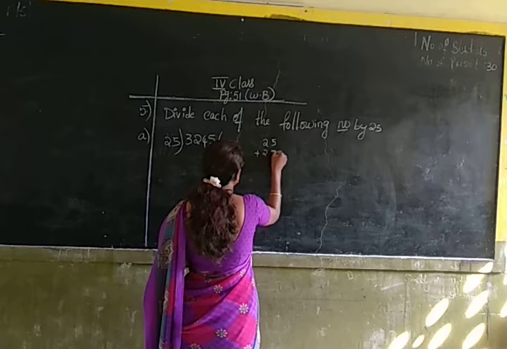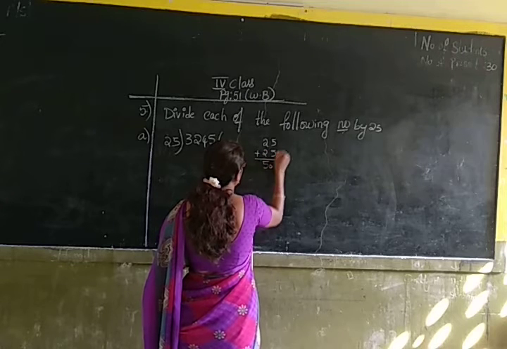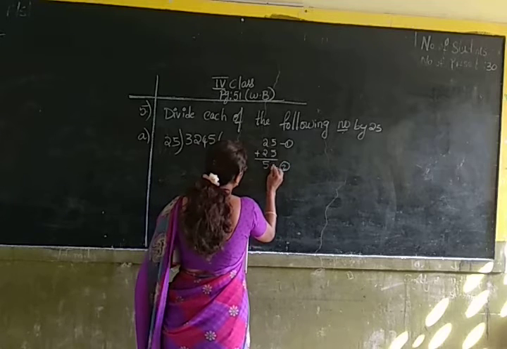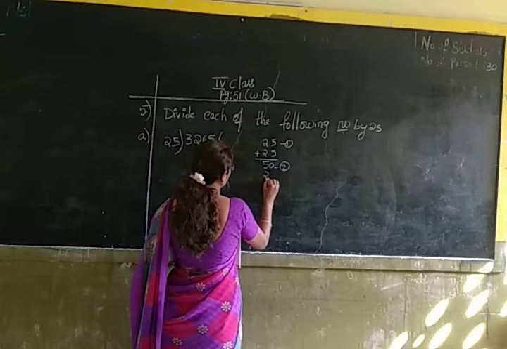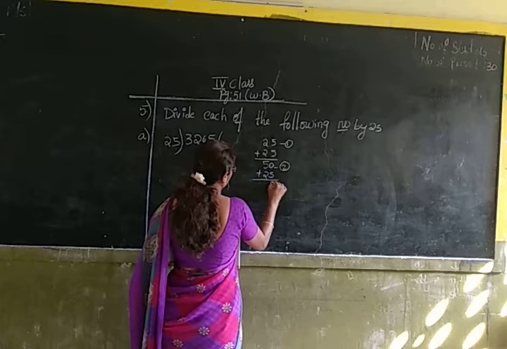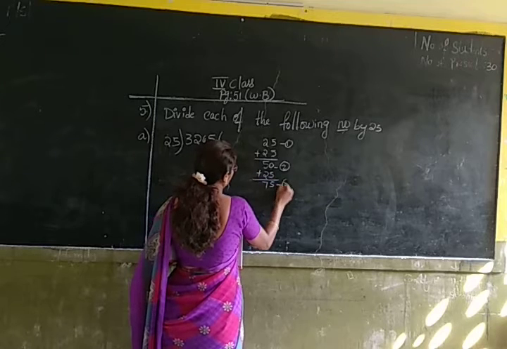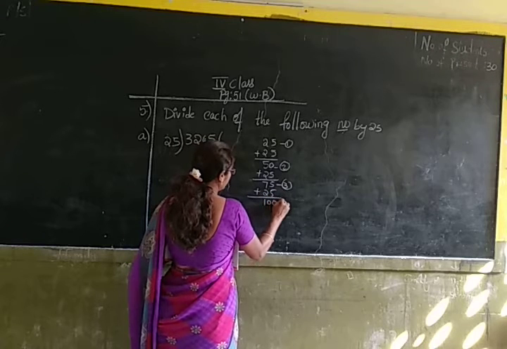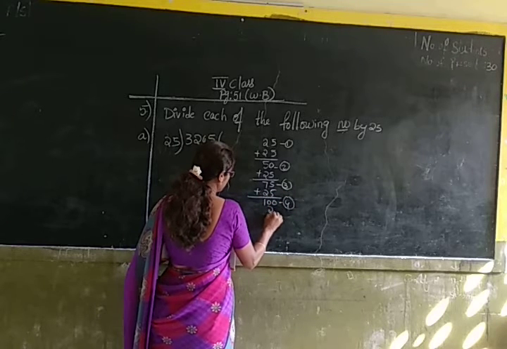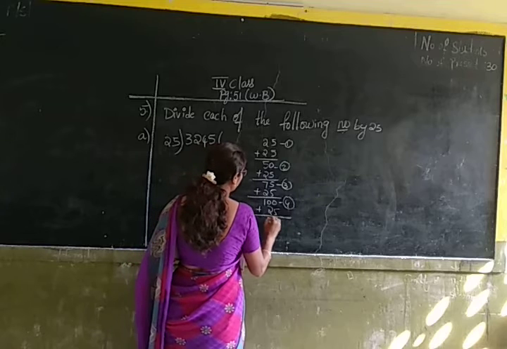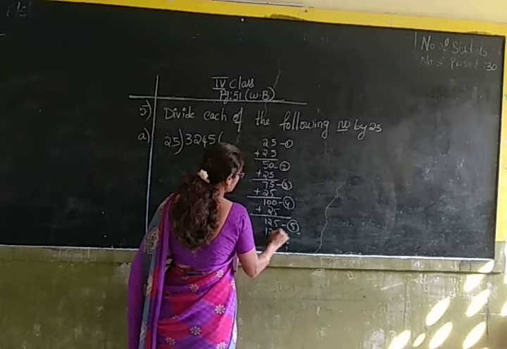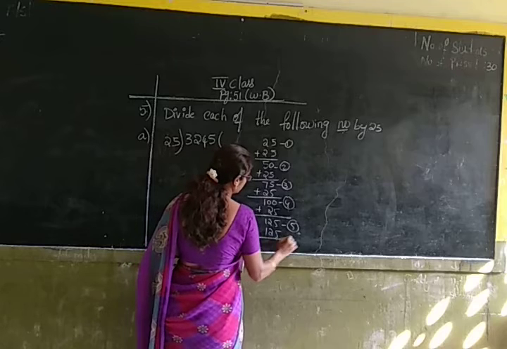Here I am writing the table by repeated addition. 25 plus 25 is 50, one time, two times. 3 times, plus 25, 100. 4 times, plus 25, 125, 5 times, plus 25,